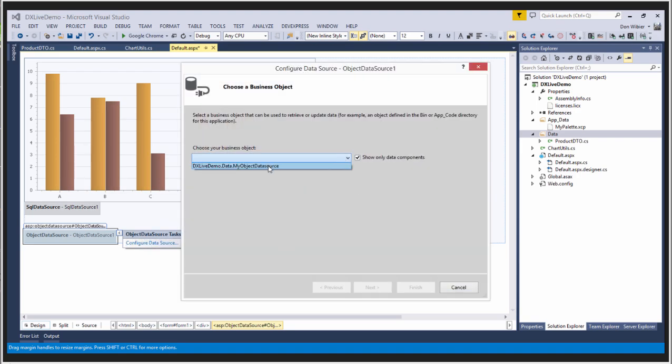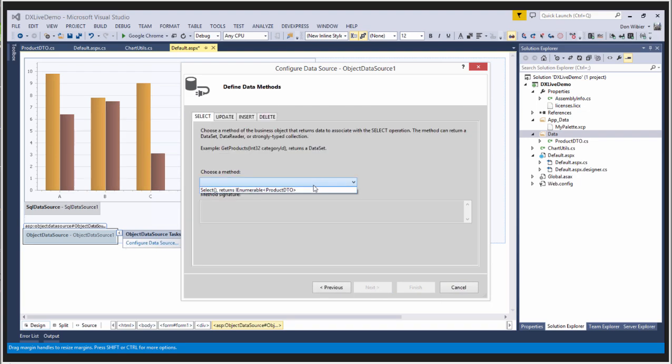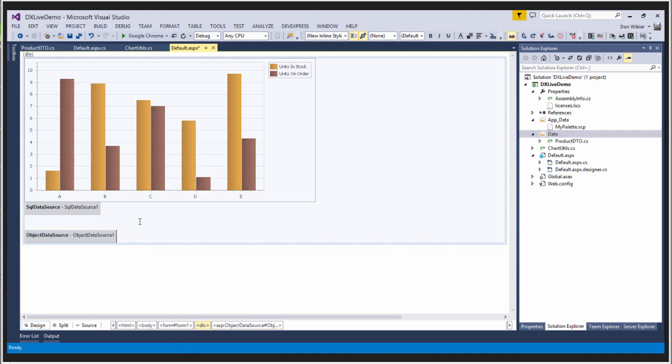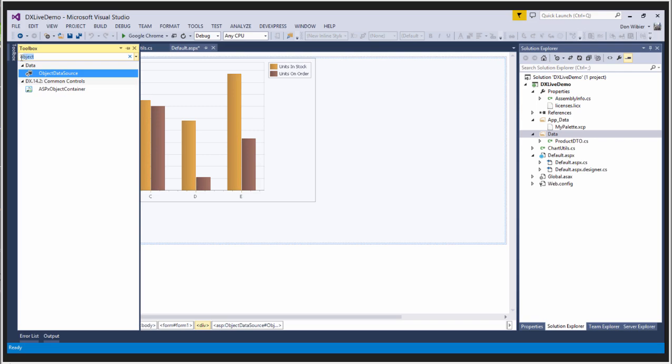I can now select my object data source here, and I can select my select method. I put a couple of attributes on top of those methods so they will pop up at the select or the update or insert, but that's for a different webinar. And I'll hit finish. Let me now insert a web chart control